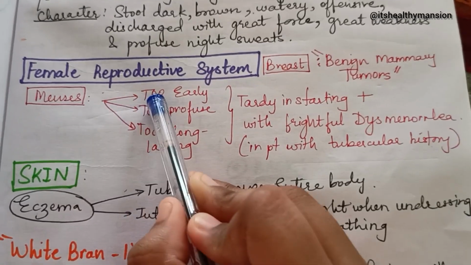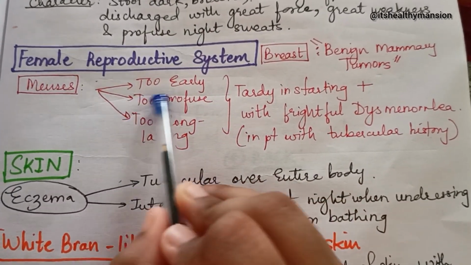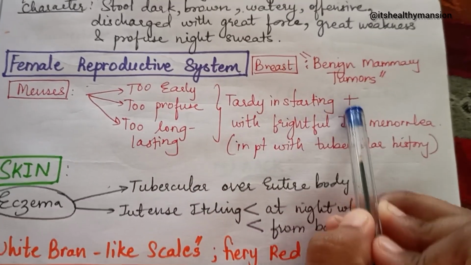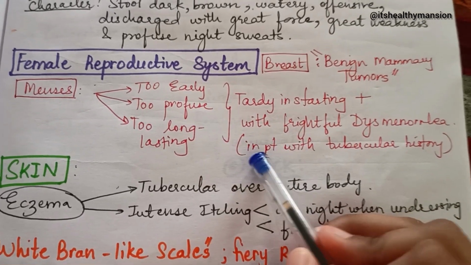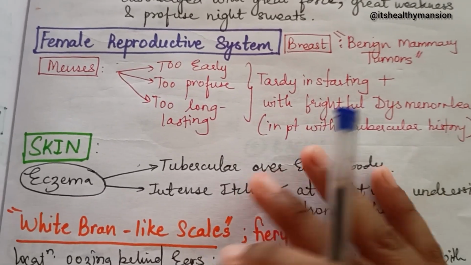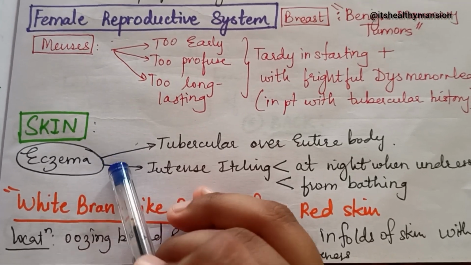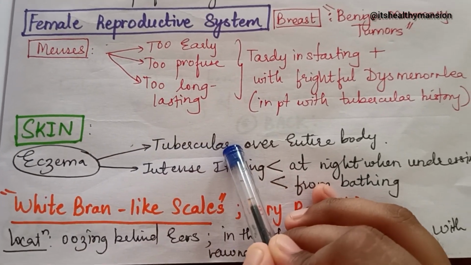Now, complaints of menses. The menses are too early, too profuse, and too long lasting, with tardy starting, plus frightful dysmenorrhea in patients with tubercular history. Now, the skin complaints of the tubercular patient. It is useful in eczema with tubercular history